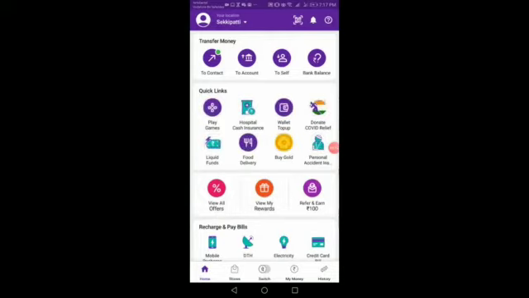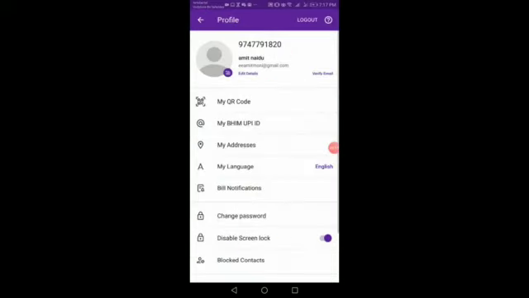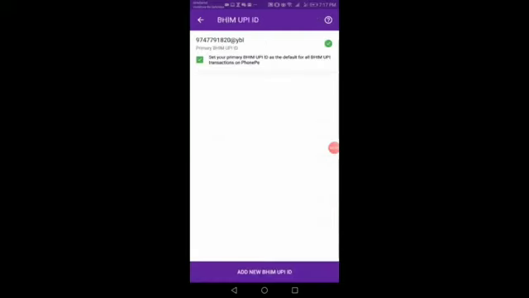You can click on here in the top in your profile. Now here you can see the second option, My BHIM UPI ID. You can just click on it. Here you can get your UPI address. So note down your UPI ID from here.